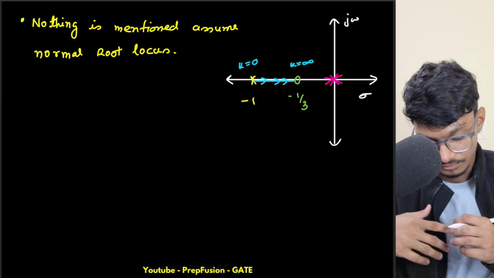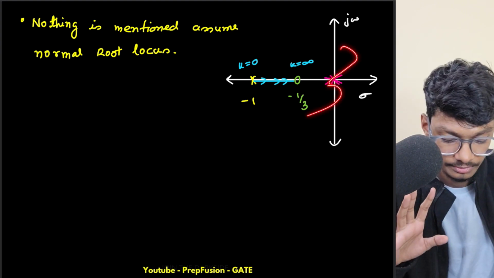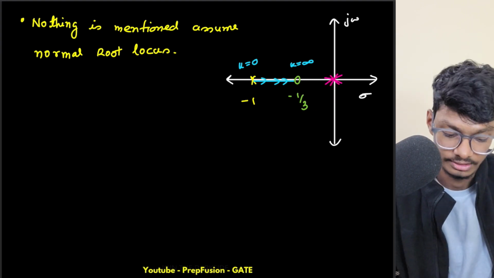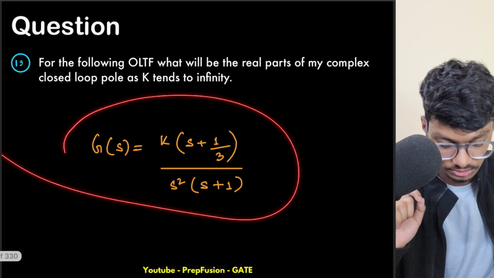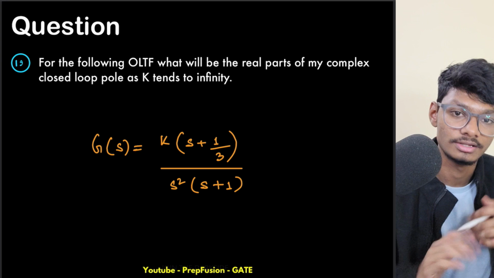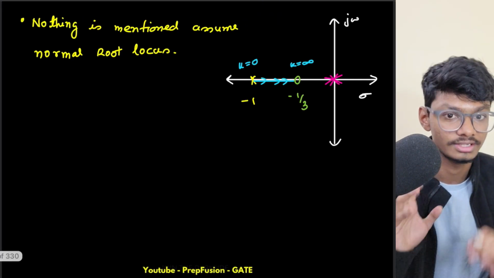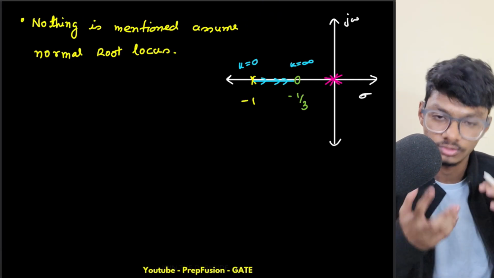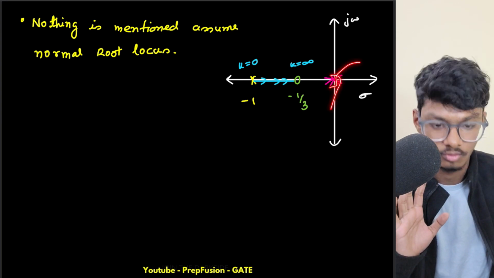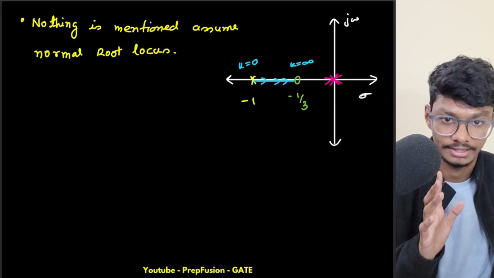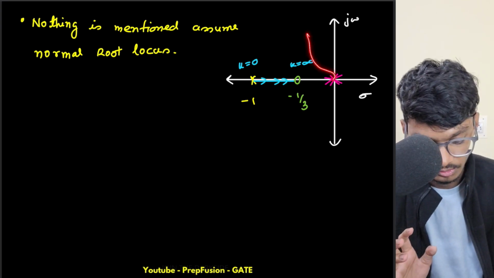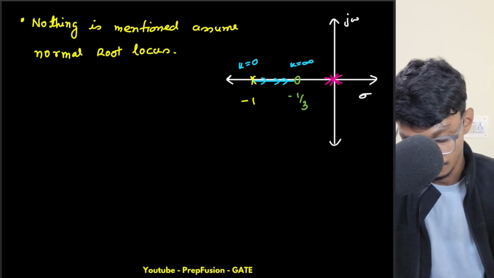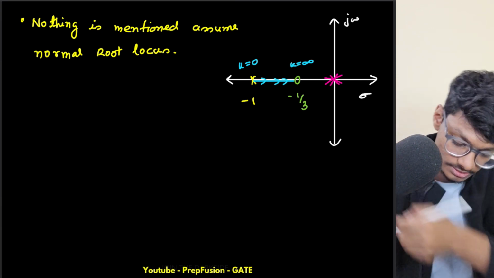We can't understand how they will break away without knowing the angle of arrival and angle of departure. We're not interested in calculating that right now, because we just have to find what happens as k tends to infinity. That is about the asymptotes, so we are not interested in how they are starting, we're interested in how they are ending. But for your information it will be something like this. Now, if we want to calculate the angle of asymptotes,